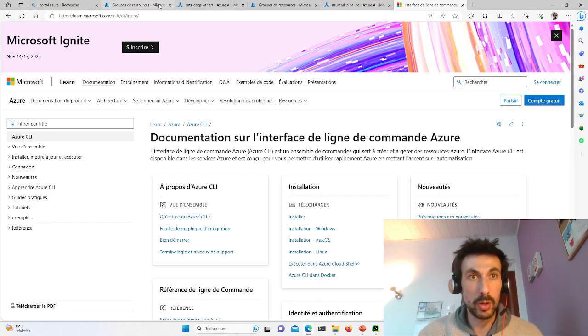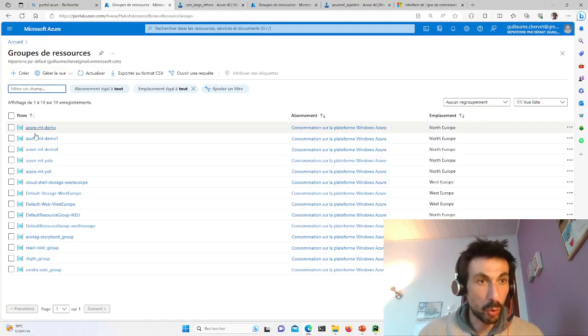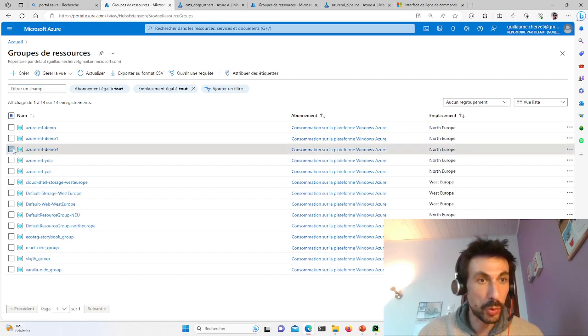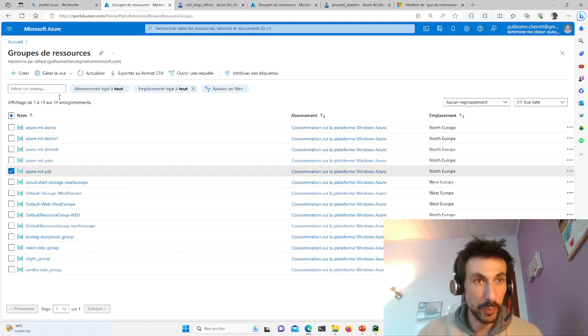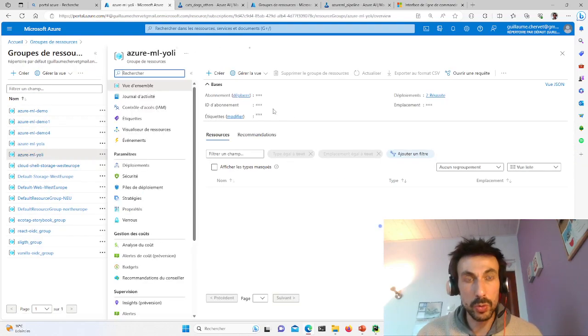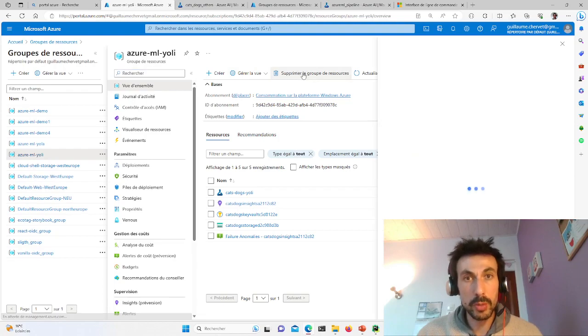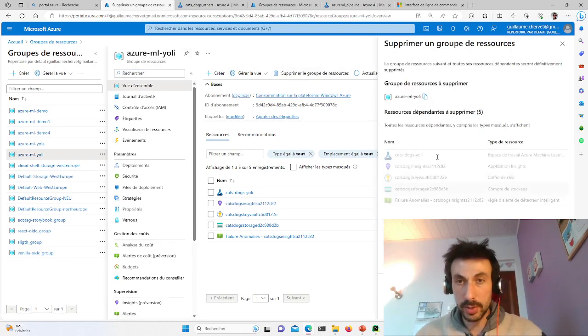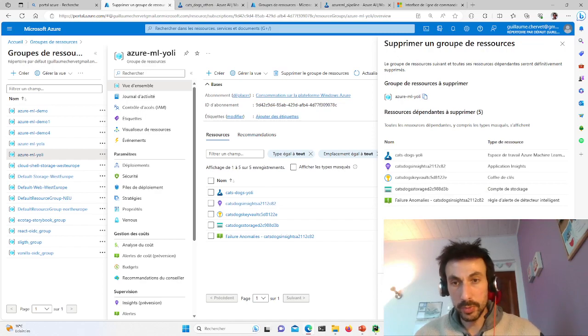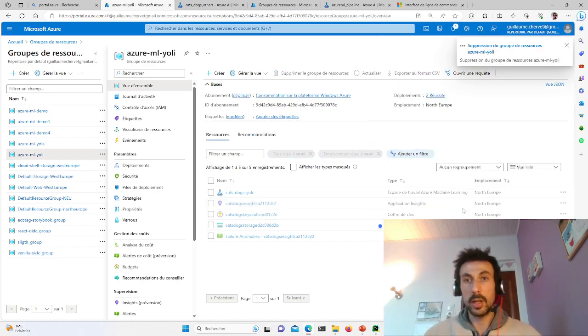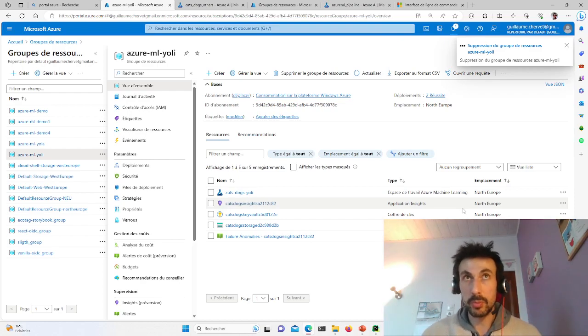Now I'm going to take my resource group. I'm going to take this one at random. I want to delete it. We're going to take one that I actually use. Here I'm going to go to it. I'm going to delete the resource group. Here, copy, paste, and that's it. My environment, this whole container full of resources, will